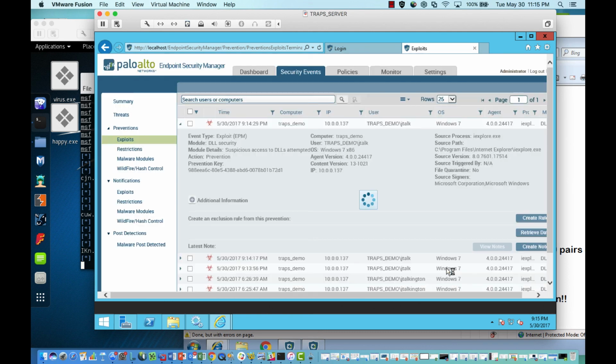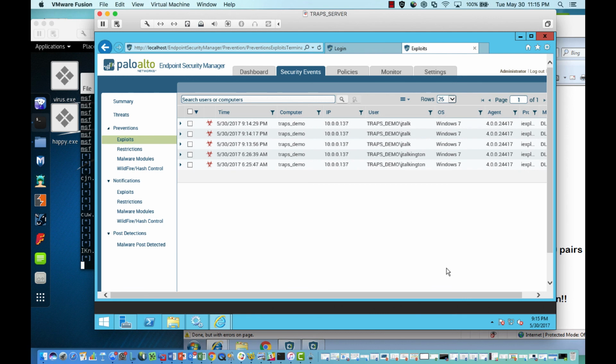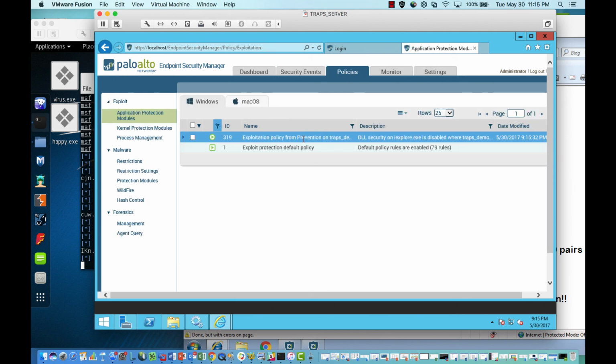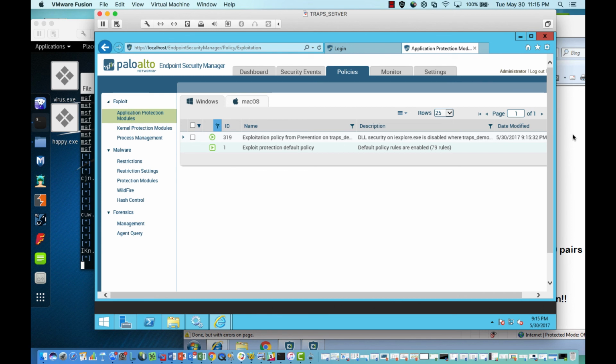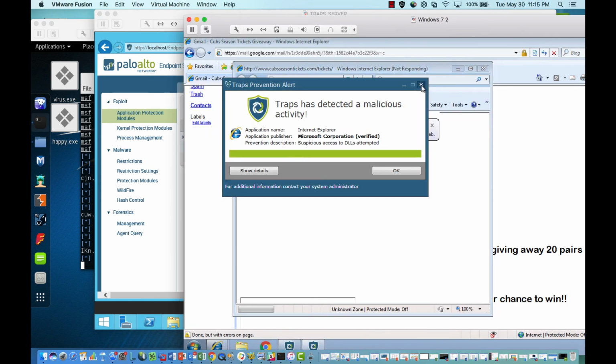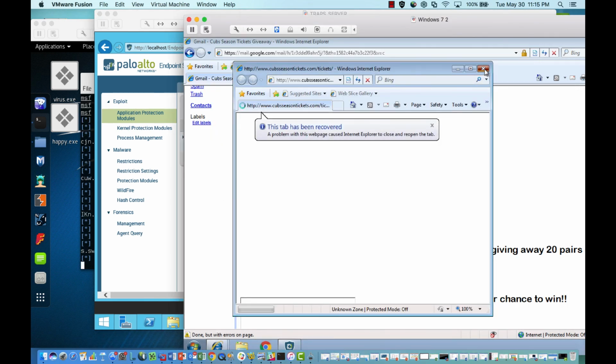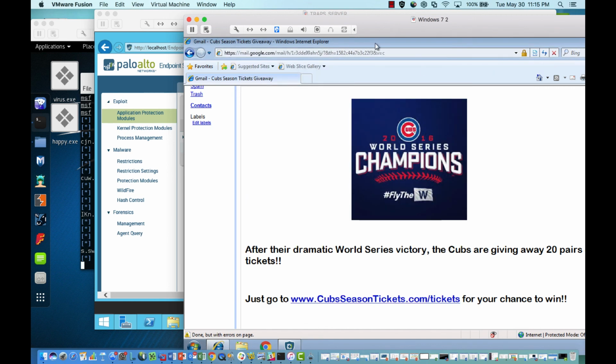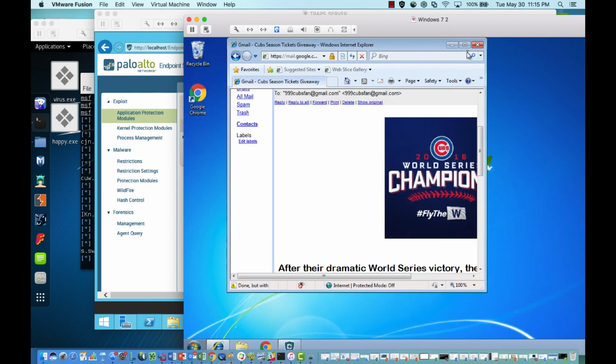So we'll apply that prevention, we'll apply that exception here to our policies. And if we look at our policies, you can see that we've turned off DLL security for Internet Explorer on this particular system. So what I'm going to do is we're going to reset, and we're going to try this again. You'll see this is still retrying, but